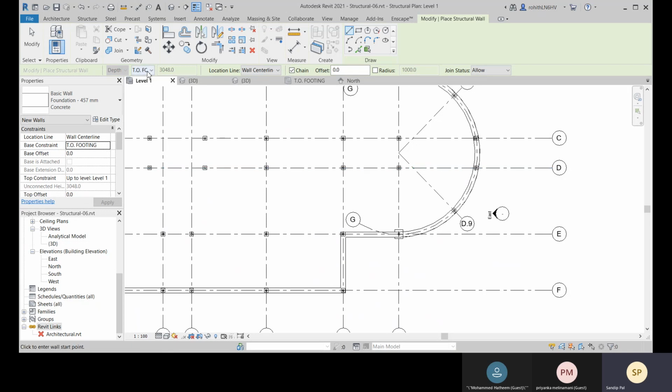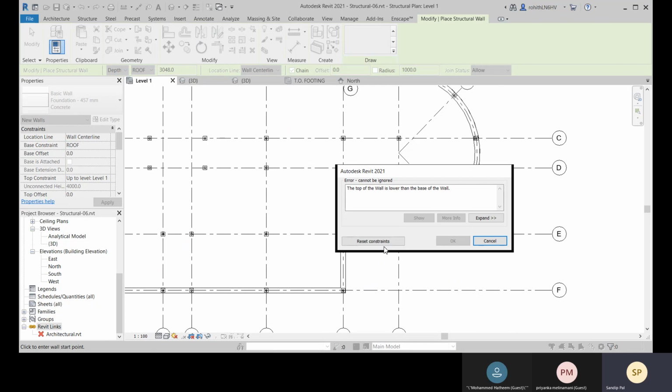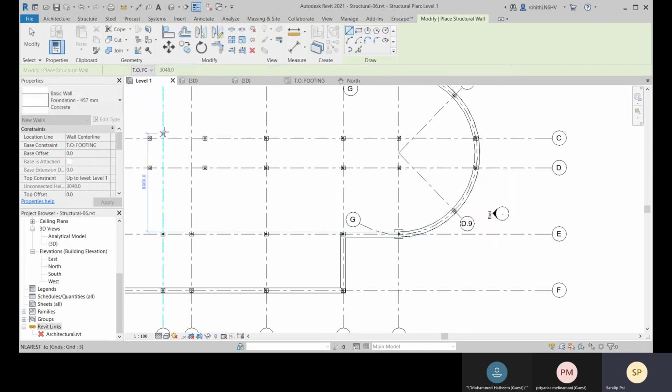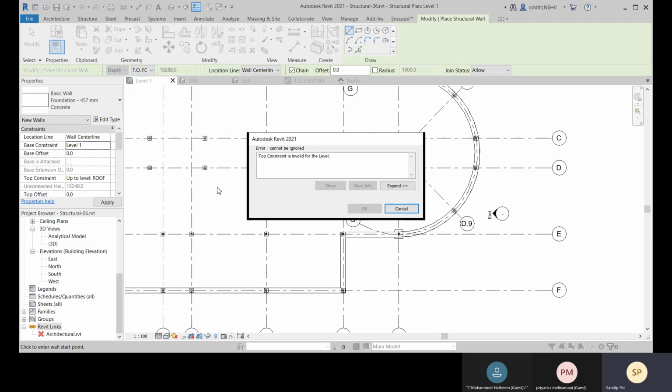So what you need to do is make it roof here, and base constraint is depth. So here we make it roof, and here we make it level 1.